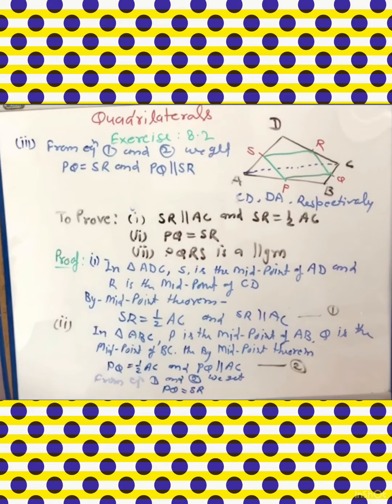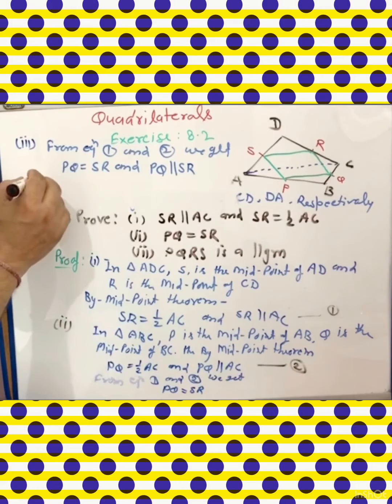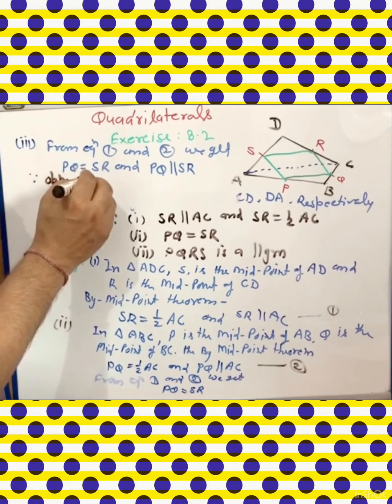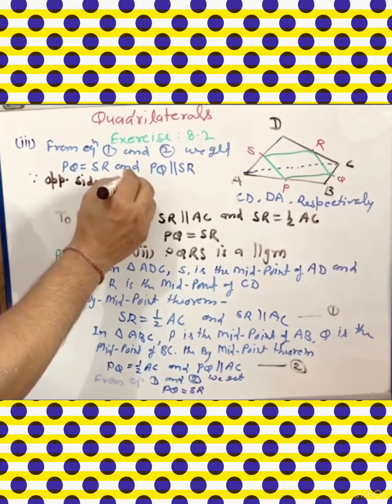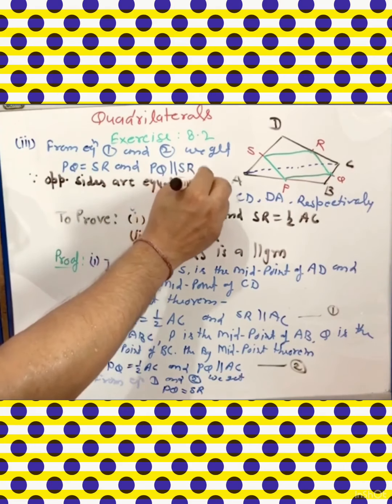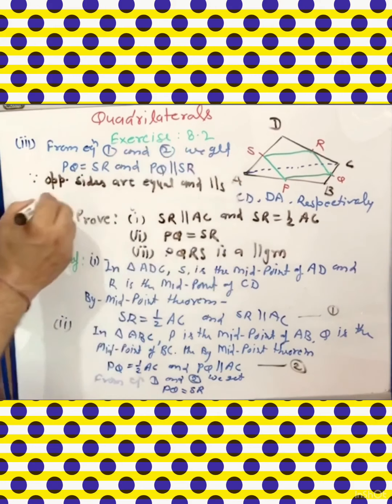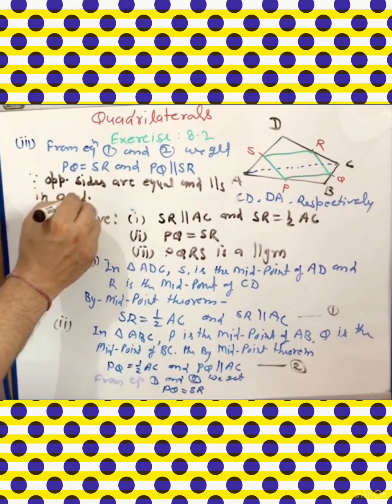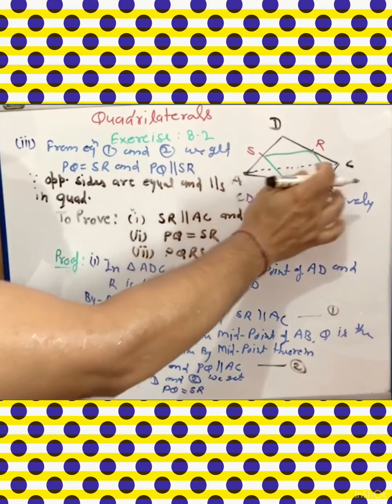So you will write here the statement for writing the result: since opposite sides are equal and parallel in quadrilateral PQRS,